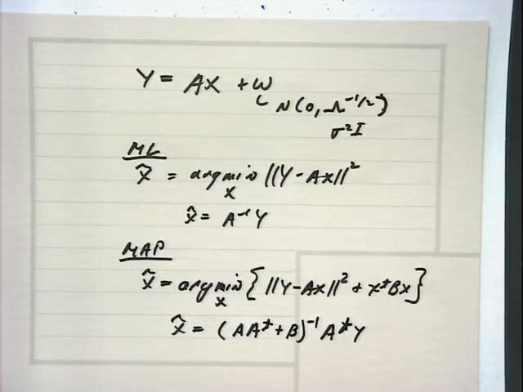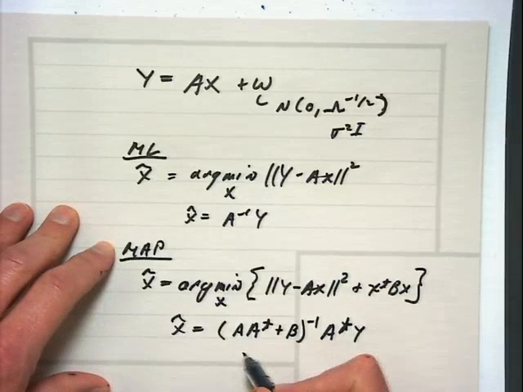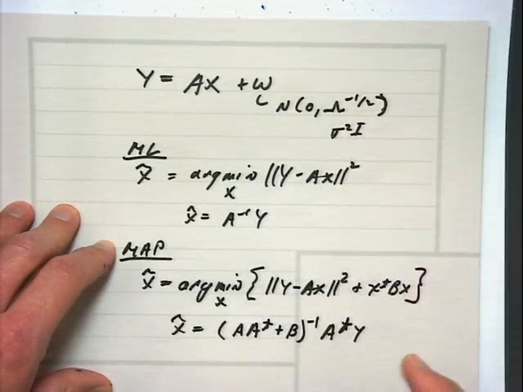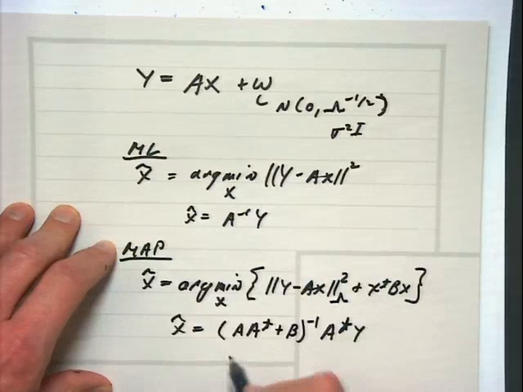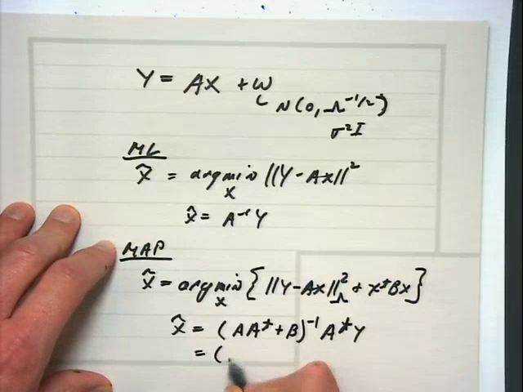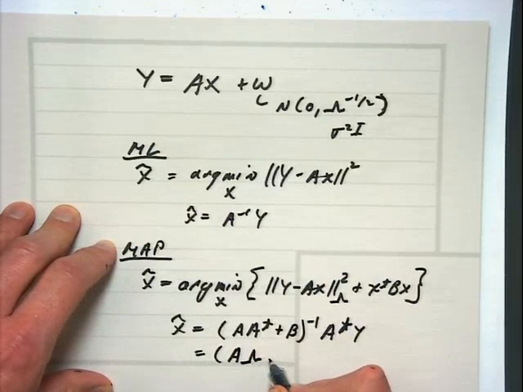And in fact, if lambda is in there, then you put a lambda here, and this is actually equal to a lambda over